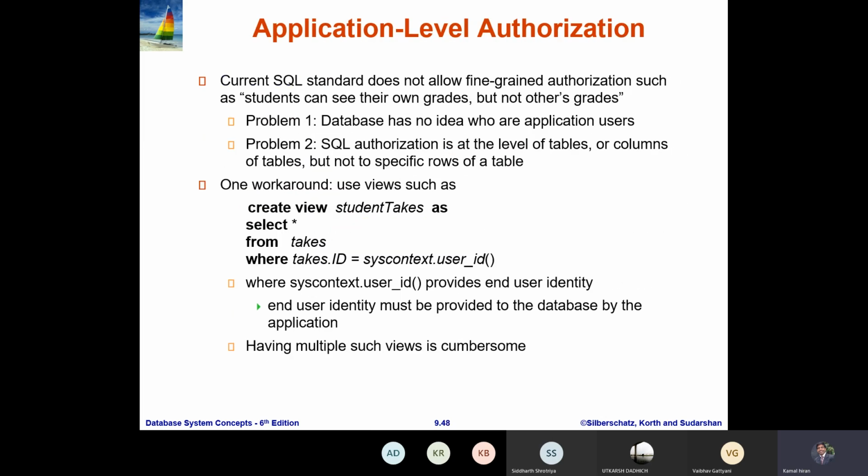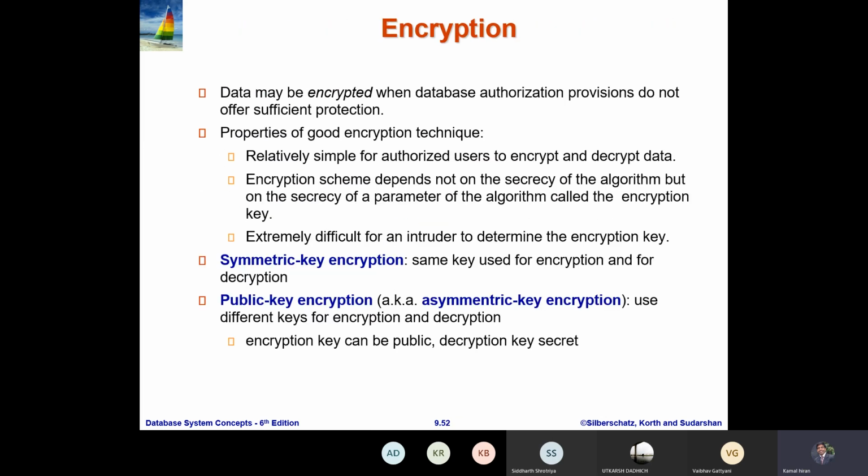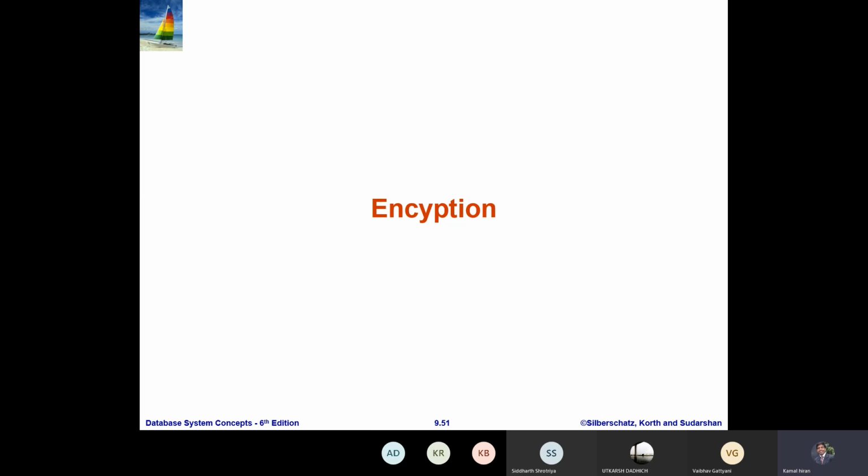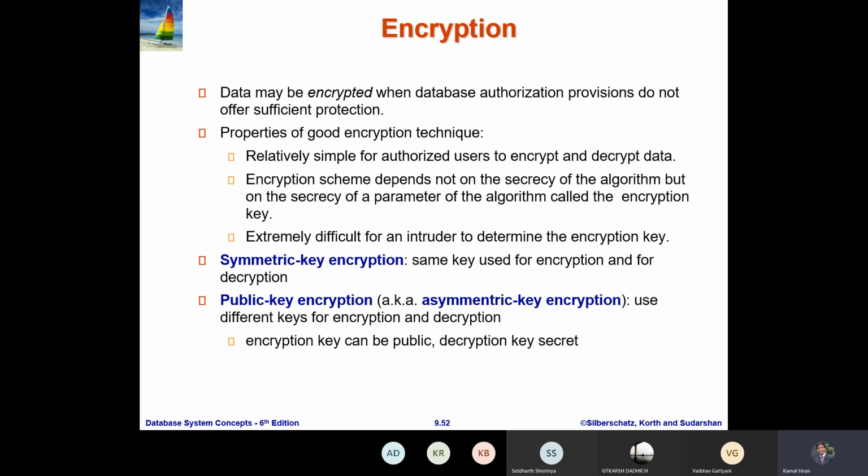If you can see here, there is encryption. The security for any application or website comes through the encryption and decryption mechanism. So I'm going to discuss here about encryption. What is encryption? Data may be encrypted when database authorization provisions do not offer sufficient protection.